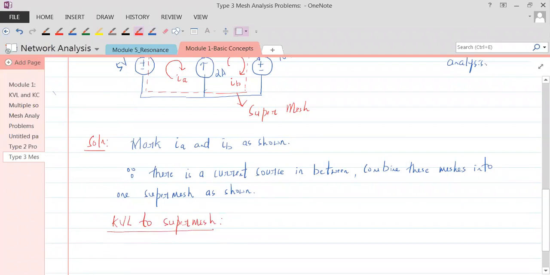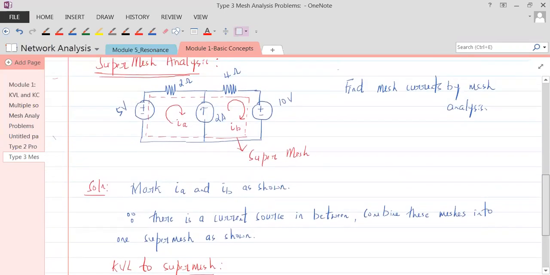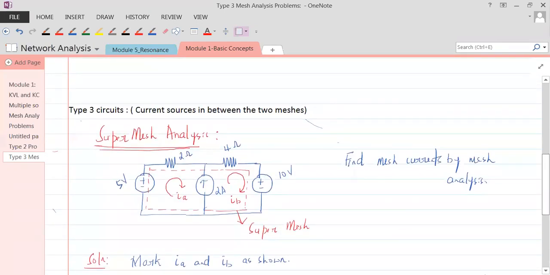Okay. Now everybody observe your circuit, how I am going to apply the KVL. I'll be writing that here beside the circuit so that it would be easier for you to refer. Okay, let me start from this 5. I'm moving along the super mesh, mind you. So that means I have to take this path.